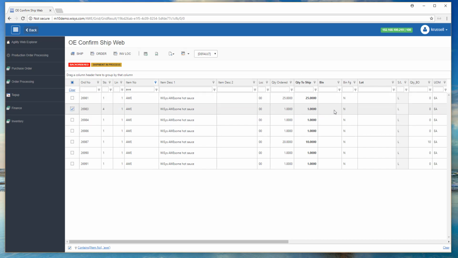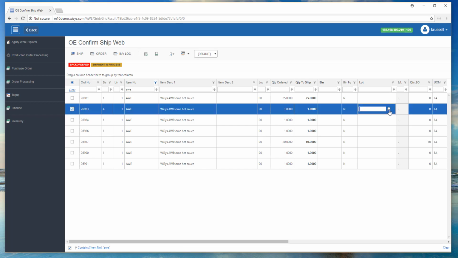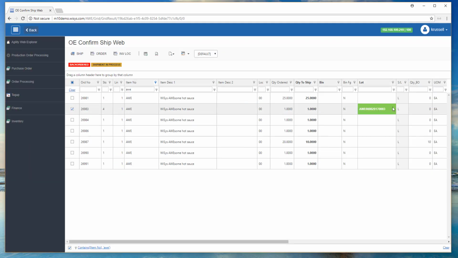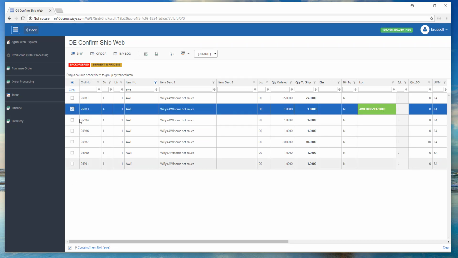My item is not bin, so I don't need to enter a bin, but it is lotted. So I'm going to click in my lot field here, and I'm going to look up the lot that I'm going to confirm ship. So here I have my item here. I don't have any quantity in that lot. I've got my 7003 lot here. I'm going to select that lot, and when I'm ready and I have all my items picked,